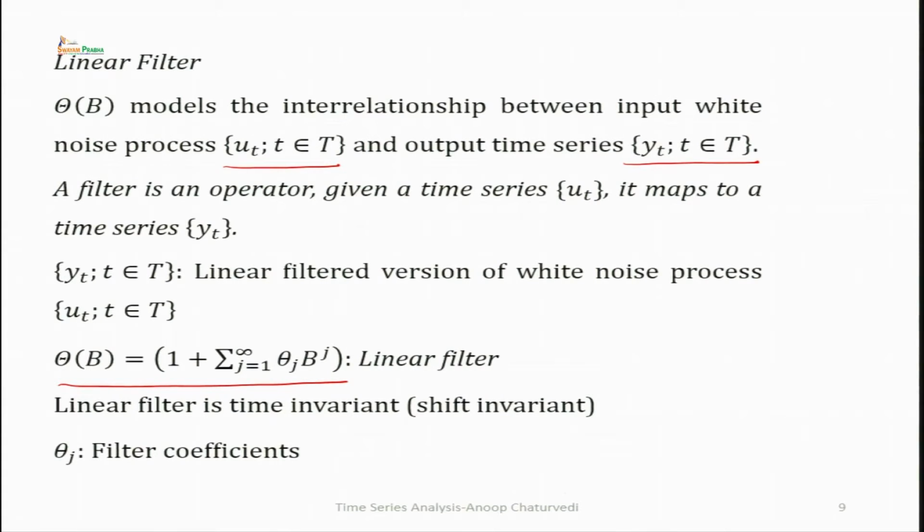It is not like that at time t you have one filter, at time t plus 1 you have a different linear filter. It is time invariant or shift invariant. Theta_j's are called the filter coefficients